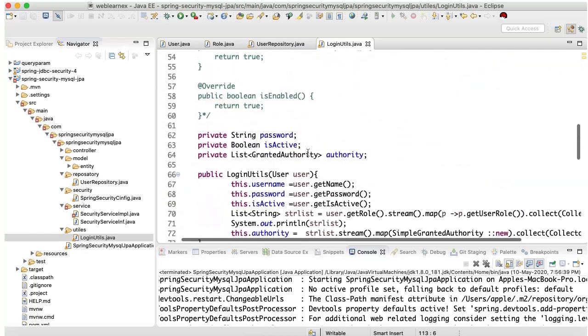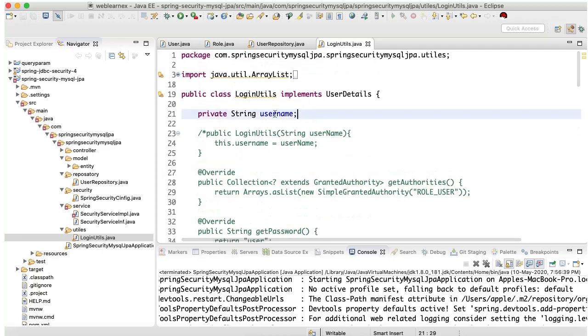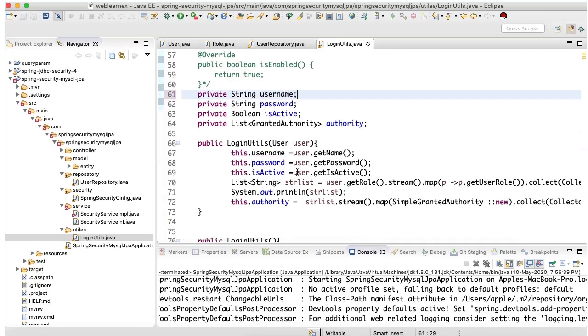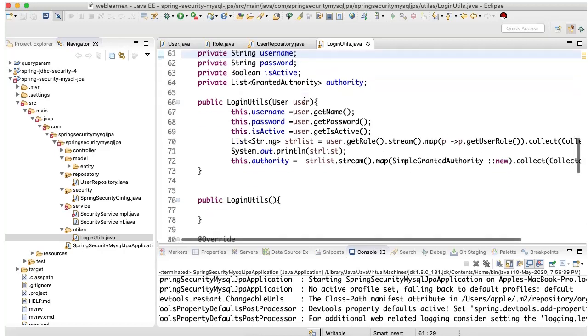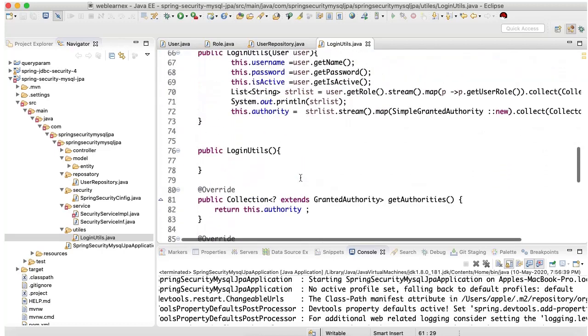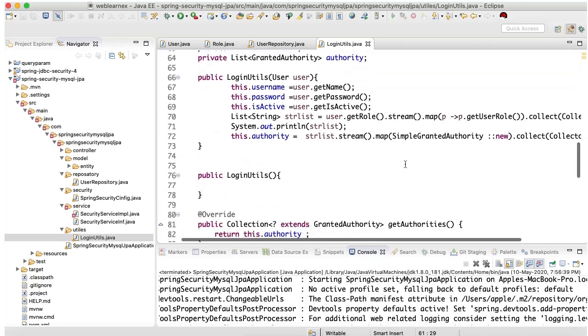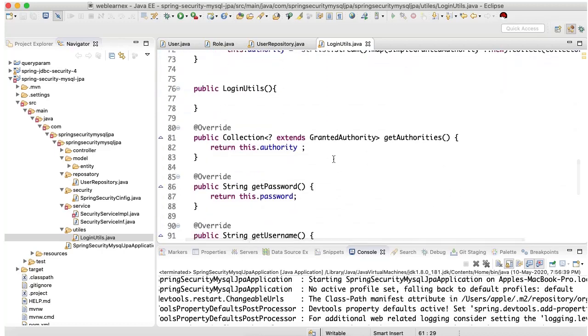Earlier all these things were hard coded. Let me cut and paste the username from here. Earlier all these things were hard coded, but as of now I'm going to pull the data from my MySQL database and check the query and all things.